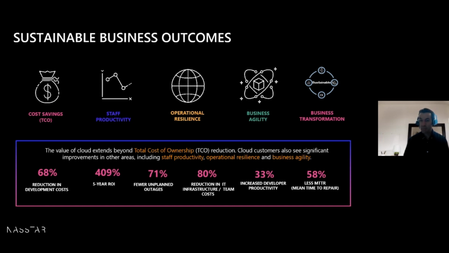58% less mean time to repair. So again, you're not looking backwards, you're not chasing after failure components, you're spending more time looking at automation, orchestration, and how you can increase your time to market. So we won't go through all of them today, because I think we want to leave a little bit of time for some questions and answers. But ultimately, hopefully that's given you a good flavour of what cost optimization is, what FinOps is, but ultimately what a sustainable posture within public cloud really can look like.